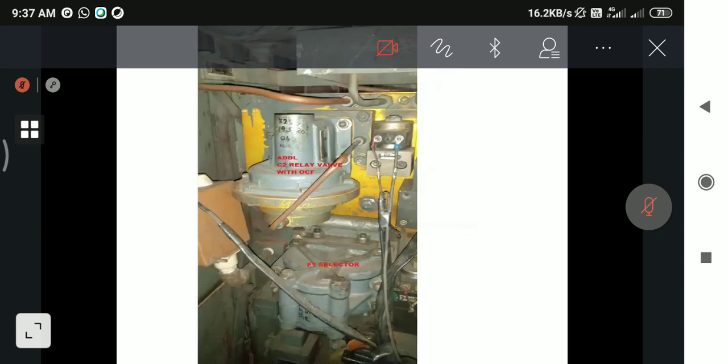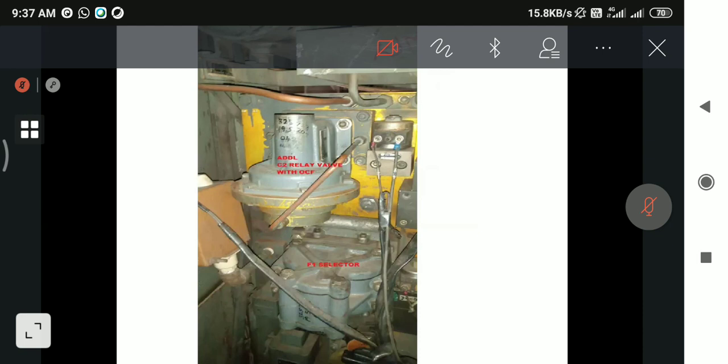But if you press that one extra button available in the loco pilot cabin, that is called the overcharge button. If you press that button, this magnet valve or Rotex magnet valve number 3163 will get energized. So it will supply some extra air to the bottom of the diaphragm. So due to that extra air, the piston inside the relay valve will lift some extra in the upward direction. So we will get the output as 5.4 kilogram per centimeter square.